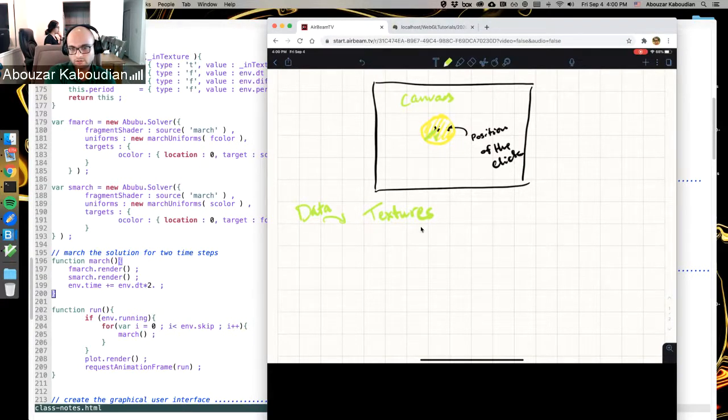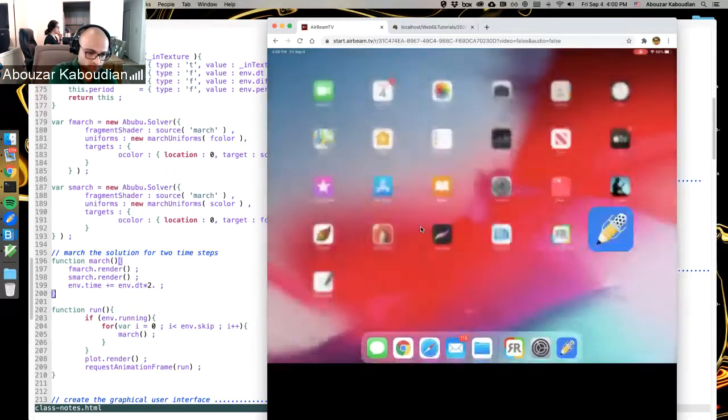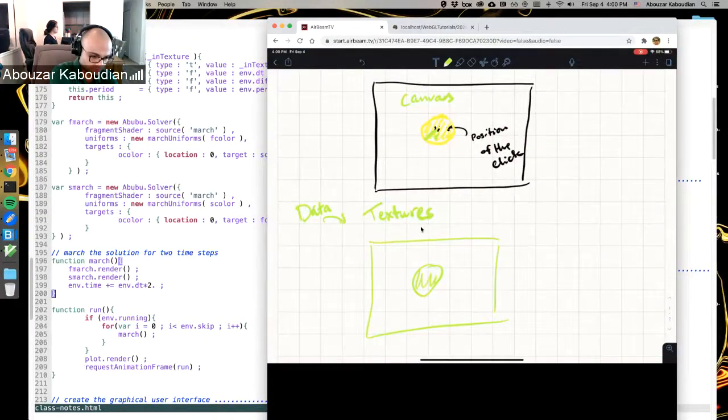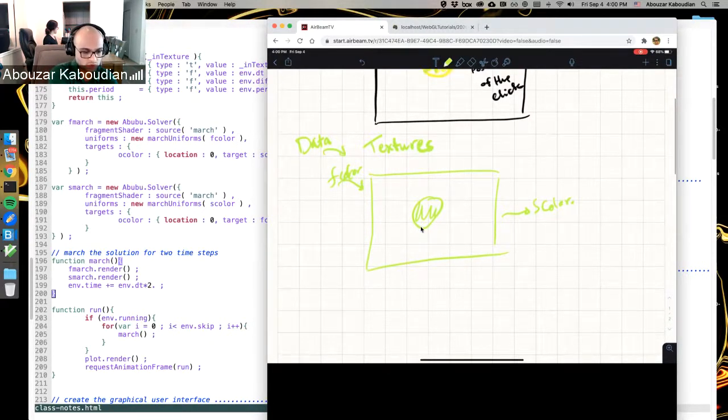So you have learned how you can do a time stepping algorithm. The next thing that you want to have is a solver that gets one of these textures and changes some of these pixels. So maybe it gets F color as the input and writes a new S color. But this can happen in the middle of the simulations, so we want the changes to be applied to the S color as well. So maybe we want to just copy the results of this S color to F color